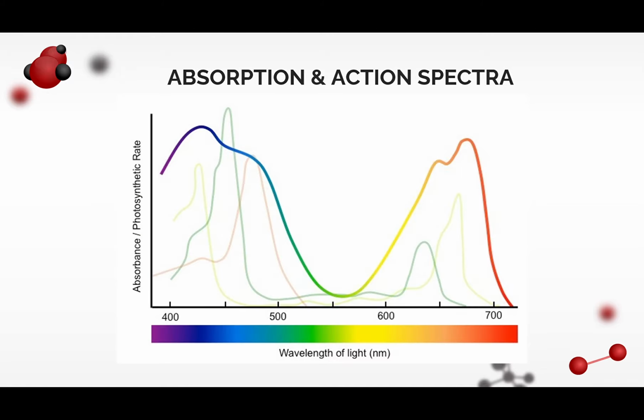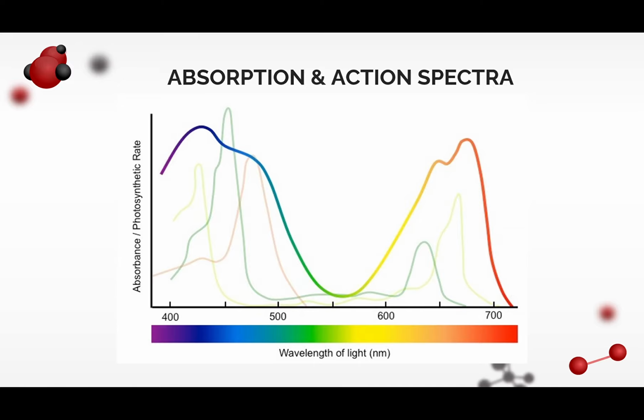And here we have the absorption spectrum and the photosynthetic action spectrum. You can see these fainter lines in the background. Those are the absorption spectra of different pigments, mainly here chlorophylls and carotenoids, in relation to the wavelength of light in nanometers. And then we also have the photosynthetic action spectrum, which is the rate of photosynthesis in relation to the wavelengths of light per nanometer. And this can be limited by factors of temperature, light, and carbon dioxide concentration, which I'll